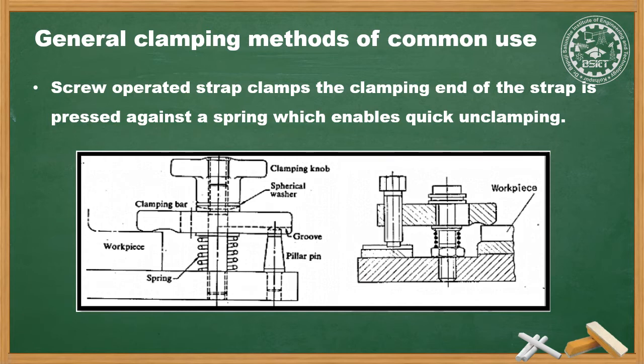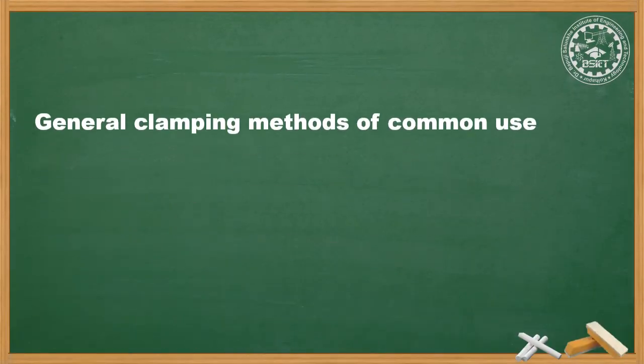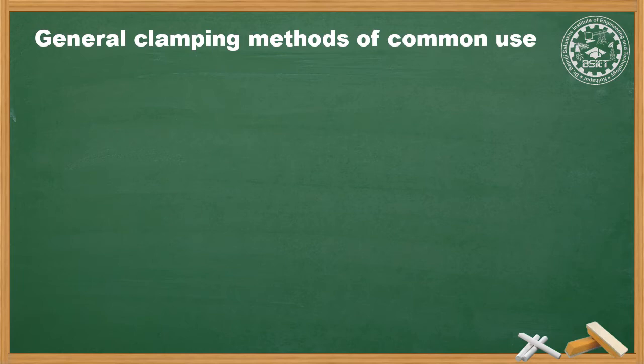It is a simple type of pivoted clamp where the spring is used, as shown in the figure, so as to accommodate the workpiece easily and to clamp and unclamp the workpiece easily without operator fatigue. These are the general clamping methods of use. Second,